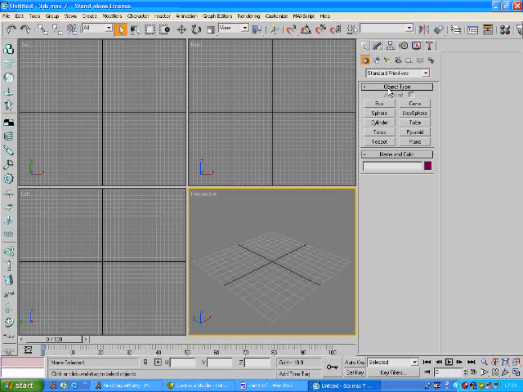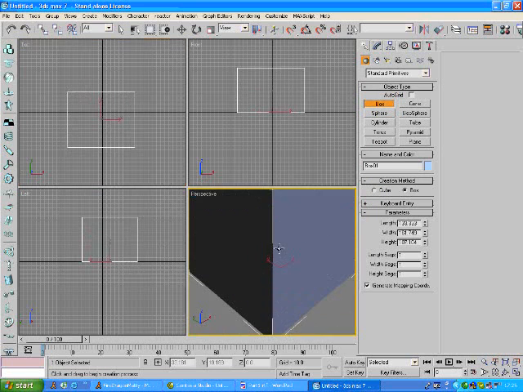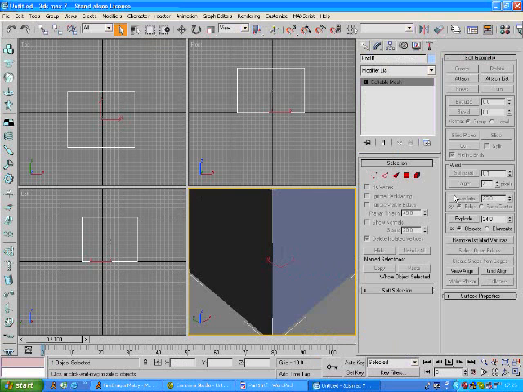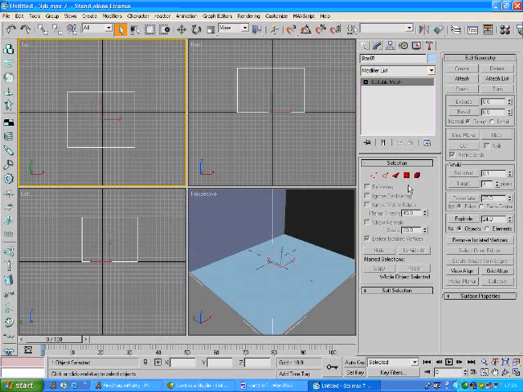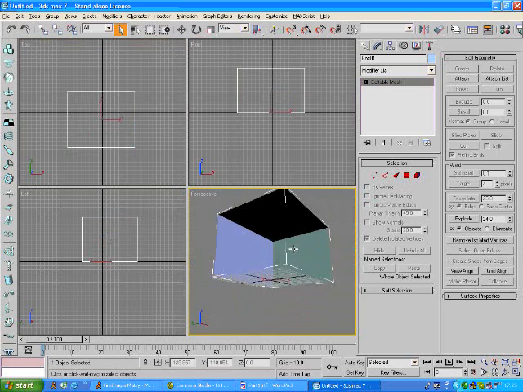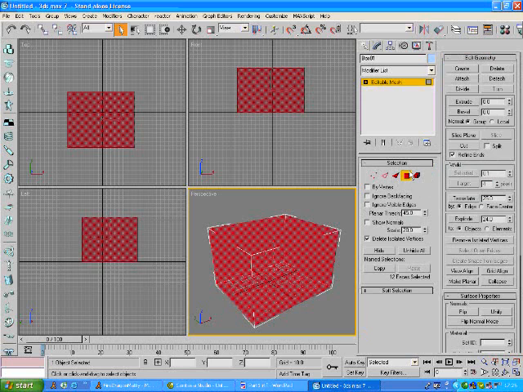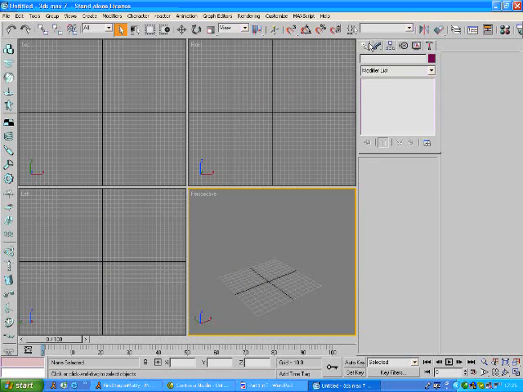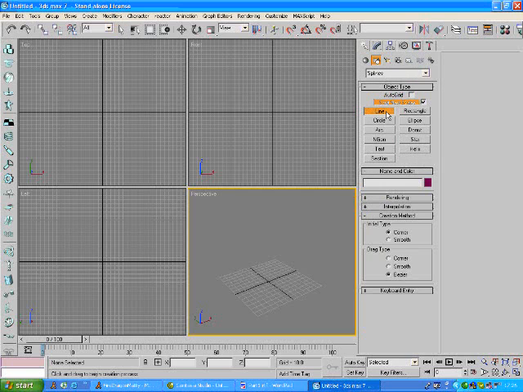Some of the basics which I use is just making a box and then flipping it. So just make a box, convert to editable mesh, select all the faces and flip. That's a good way to just start, but it's a little basic just to have a little box room like that. I also do spline modeling,